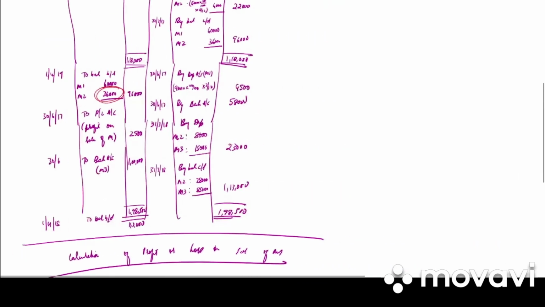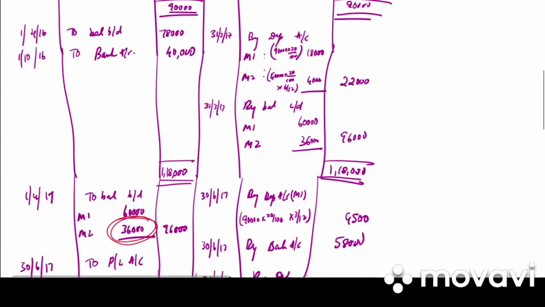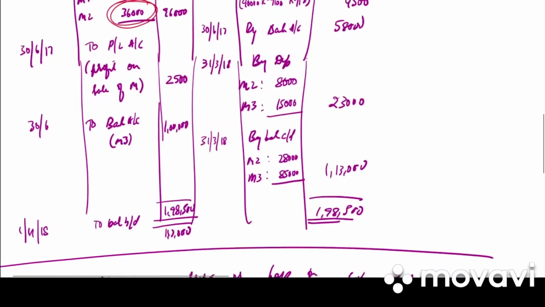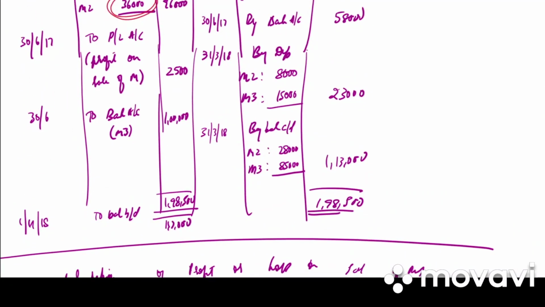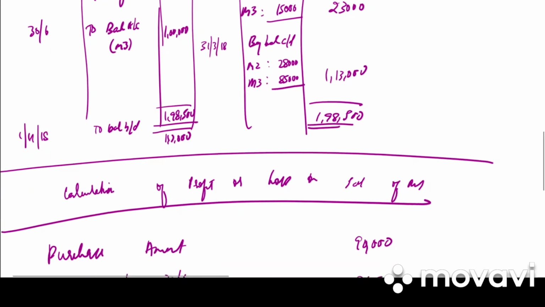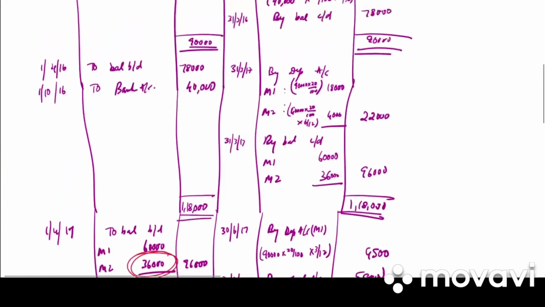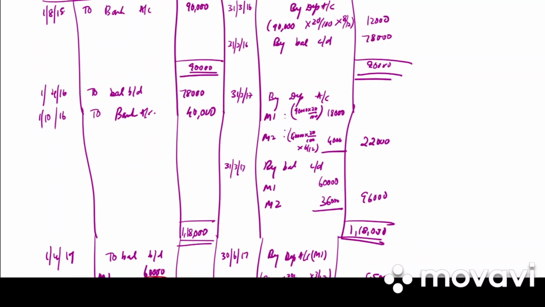Clear? Practice the problems, try to understand it. It is very simple. As and when you clearly understand how we charge depreciation and how we calculate profit and loss, depreciation is a very easy chapter. So the CGST and SGST which is given in the question is not a cost to the machinery because it will always be set off. Clear? So that's all for today. Tomorrow we will be starting a new method, that is the written down value method. Thank you.